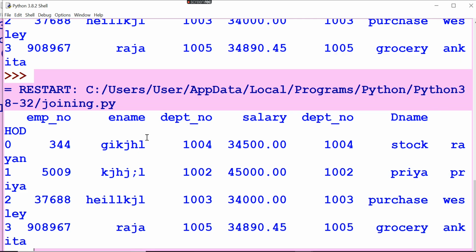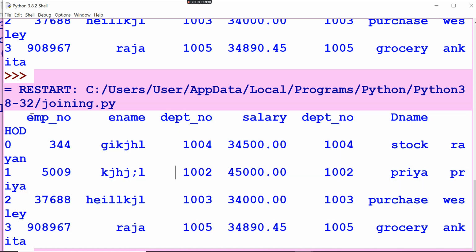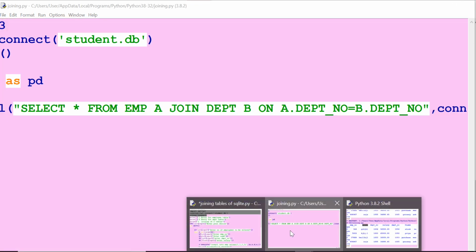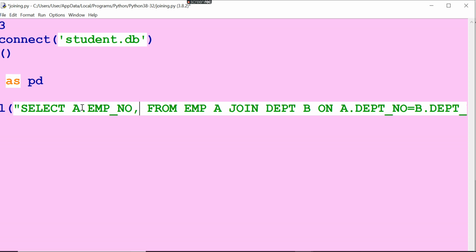See here, the same thing can be done by using join on, right? Now you see here, employee number, employee, some of the fields only you need. So employee number, employee name, salary, and then department name, and then HOD. How to do that? Select A dot employee number, comma, A dot employee name, E name, comma, A dot department number.